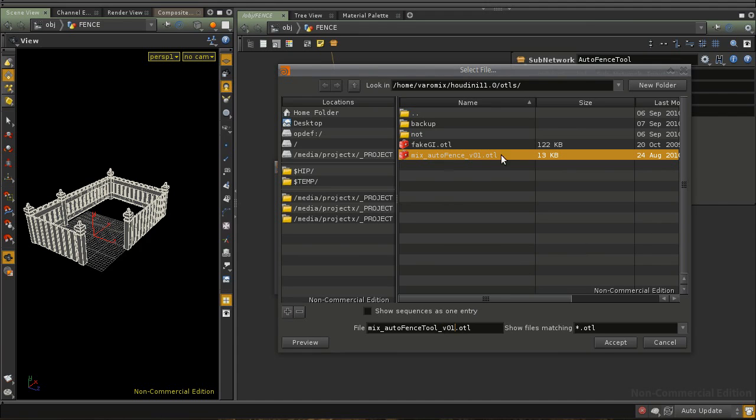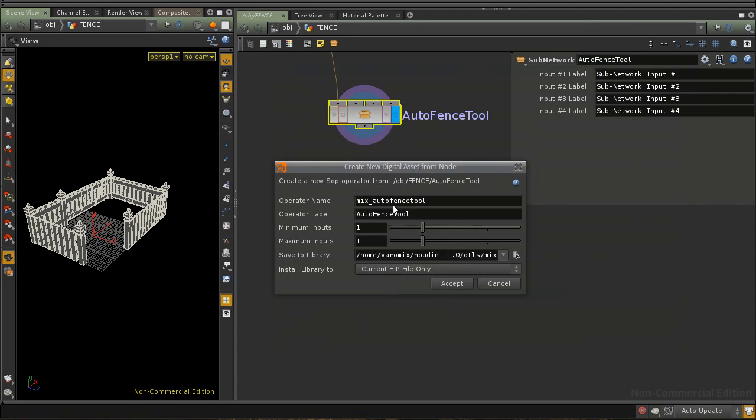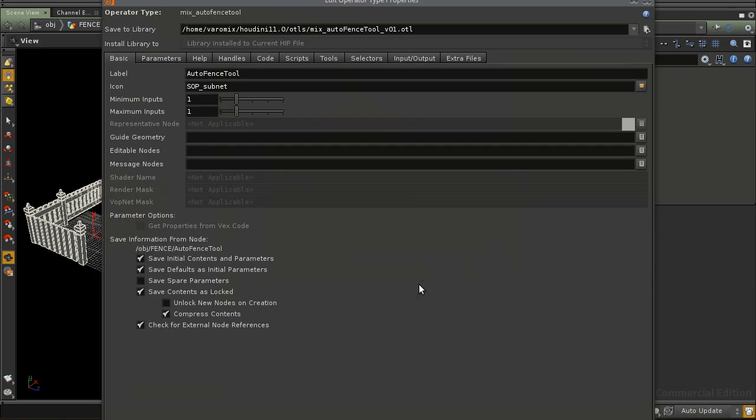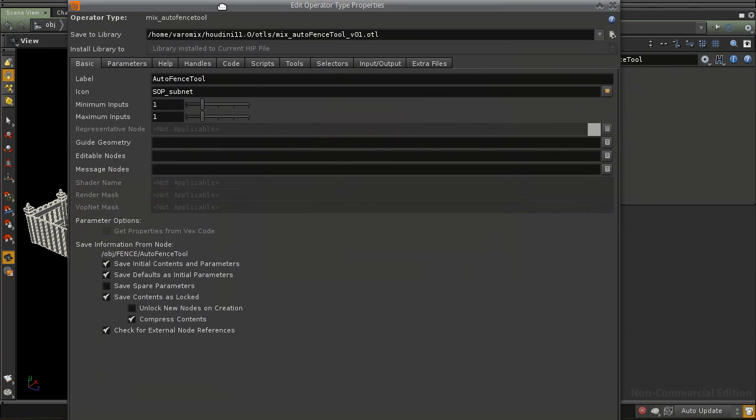it will create an OTL file. An OTL file can contain several tools, and I usually don't pack a lot of tools into an OTL unless they are all modeling tools, or all my rigging tools, or something like that. But in this case, we're just gonna make one OTL file for one tool, and just click accept. And right here, the only thing we need to do now is click accept, and there we go. It shows us the